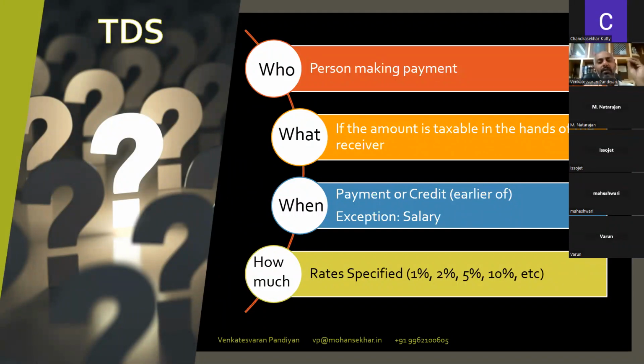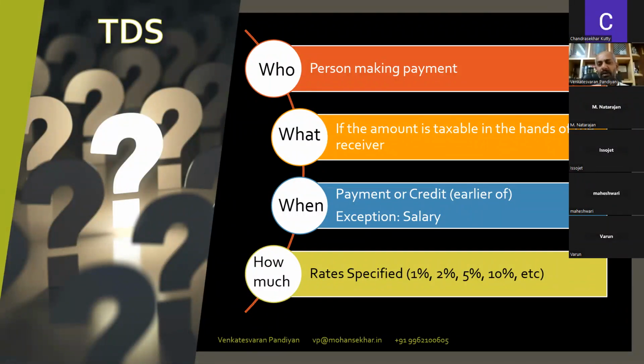So how do you determine whether a certain payment is subject to the provisions of TDS, or liable for tax deduction? Should I deduct tax? This is how we'll have to look at it. The payment that we make, is it an income in the hands of the recipient? Is it an income in the hands of the person who is receiving it?